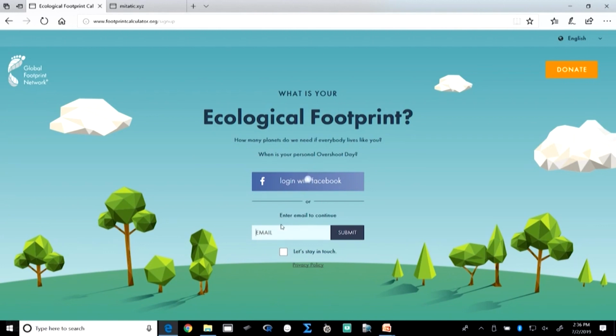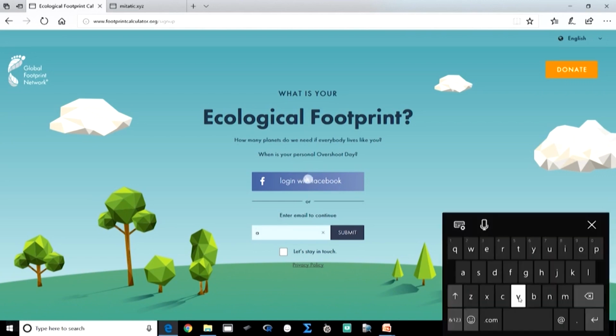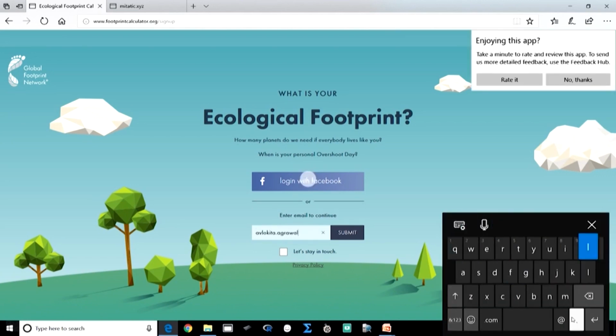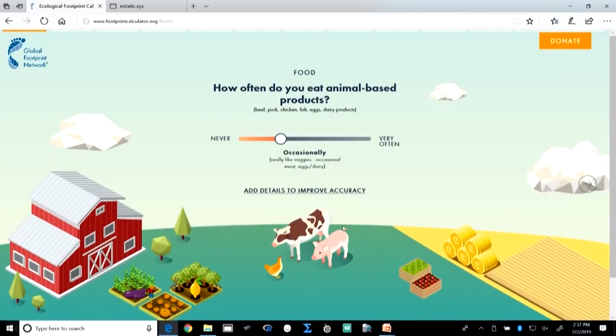If you follow this website and calculate, it gives us our footprint based upon the lifestyle that we choose, whether we eat meat products or only a vegetarian diet,